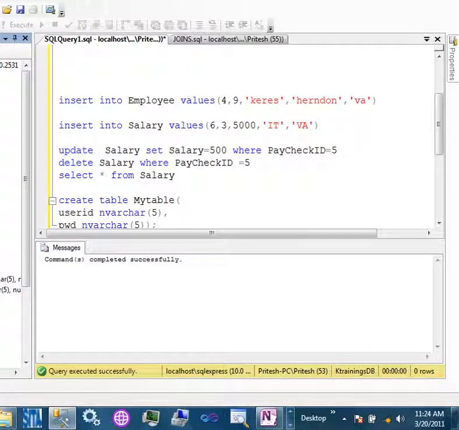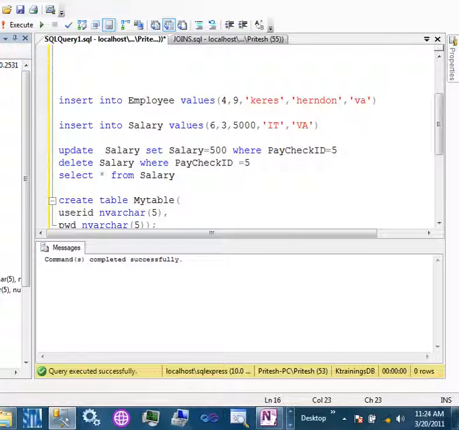So what happens in the company? Let's say I want to restore the whole database. Let's say I write a program, I write a query to create this table, I write one more query to create the salary table, one more query to insert the first employee, one more query to delete it, to insert the second employee, third employee, first paycheck, third paycheck. So it's a set of 10 queries right now. So now I can save this file. If I save this file here, I can save this query file.